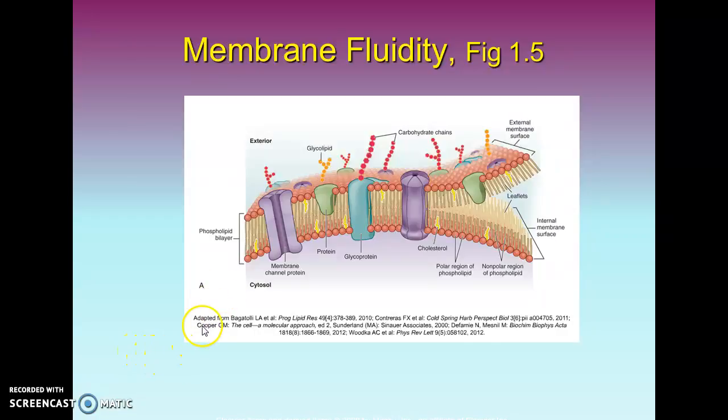Here is an example of the plasma membrane, and what it shows is the fluid mosaic model, or membrane fluidity. The purpose of this figure is to show how the outer layer of the membrane, right here, the plasma membrane, is composed of lipids that are not attached to each other in a rigid manner. Rather, the many lipids that compose the lipid bilayer simply form the membrane in a layer of lipids that is open to movement. The proteins and other molecules that are also found in the lipid bilayer, the membrane channel protein,